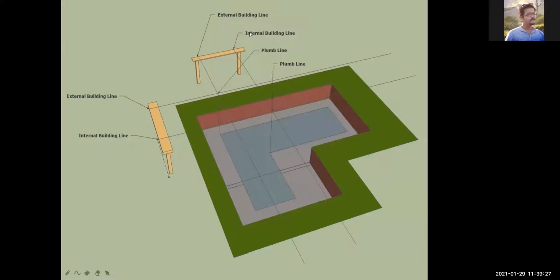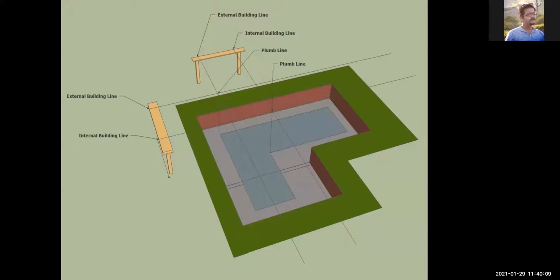As you can see, this is the external line of the building, that is the face line. Then this is the internal building line, which could be the center line of the building. And then this is the plumb line perpendicular to the other external line. So plumb matlab 90-degree मिलेंगे सब आपको वहाँ पे. It's a very simple building which we have considered only for example, so that you understand there are a lot of rassi or threads which are floated, and then the plumbs are marked accordingly. But remember this, all these things are gone once the excavation is done.